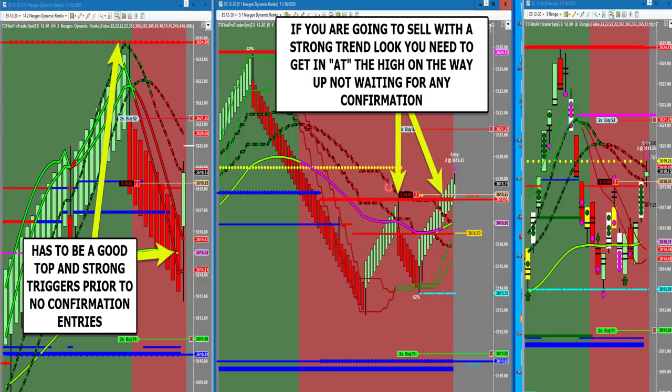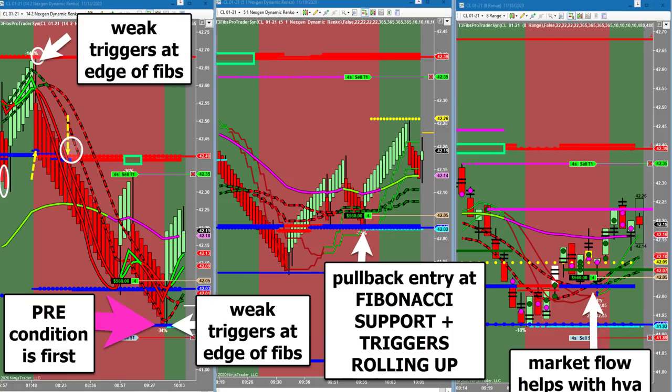Making sure that you're buying or selling on the way up or down is going to be very important. And it's going to feel a little scary to you at first, so you're going to have to get used to the concept of selling high or buying low. And when you look at our charts and we go through rules, you've seen this picture before, I'm sure. The edge of fibs with the right condition, followed by triggers rolling up, and the market flow